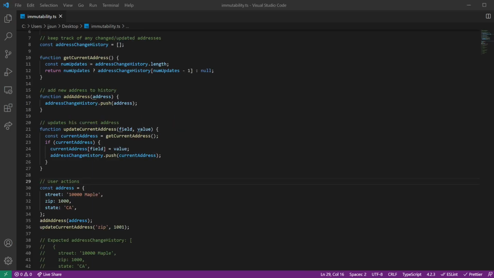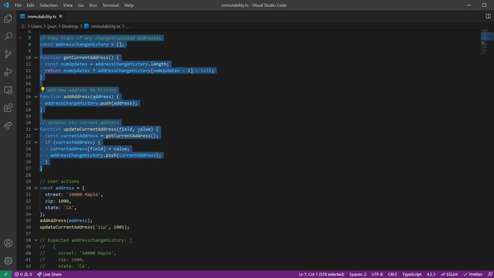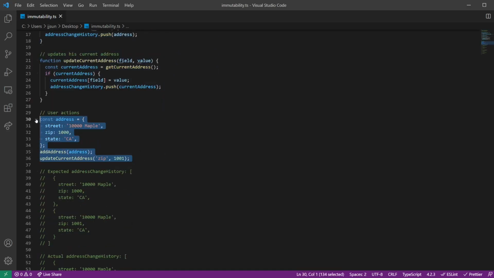Let's take a look at a more complicated example. We can ignore this code up here for now, but imagine a user looking at the user profile, and they're trying to update their address. We have an address object here, and first they're going to add in their address. Next, they decide to update their zip code from 1000 to 1001,